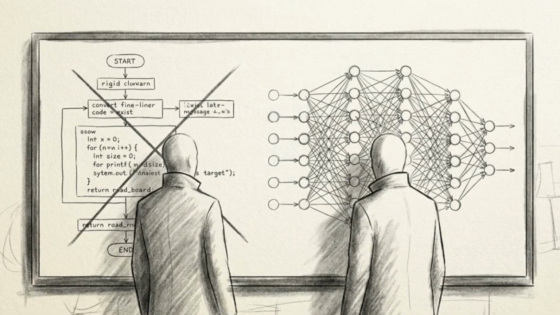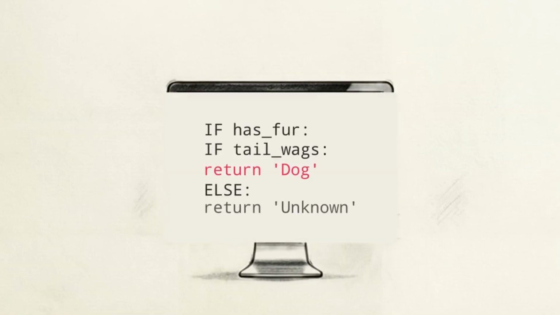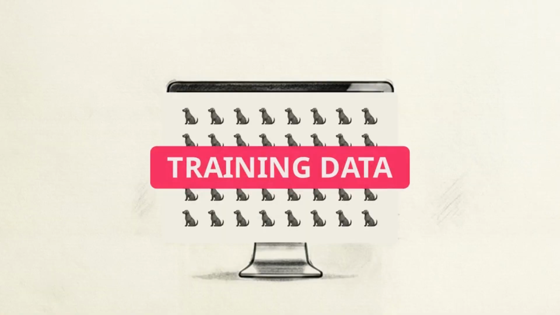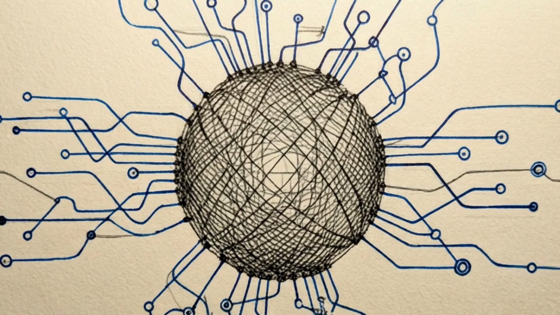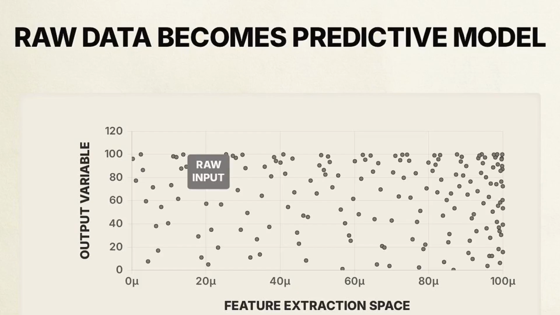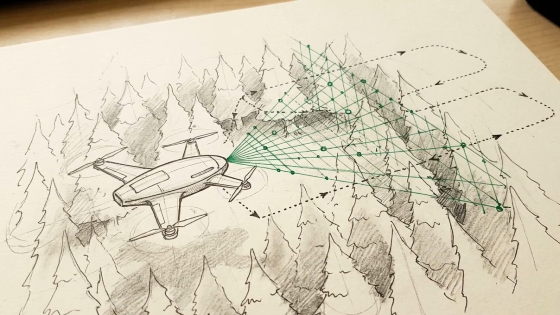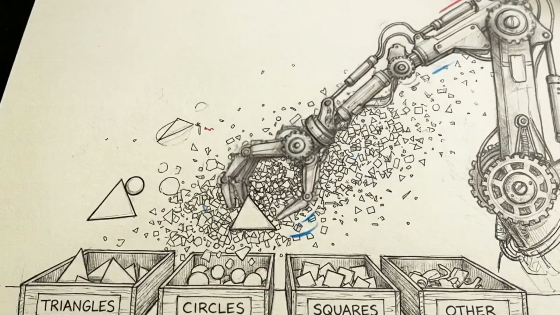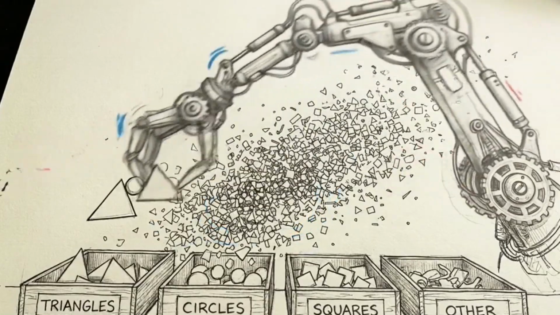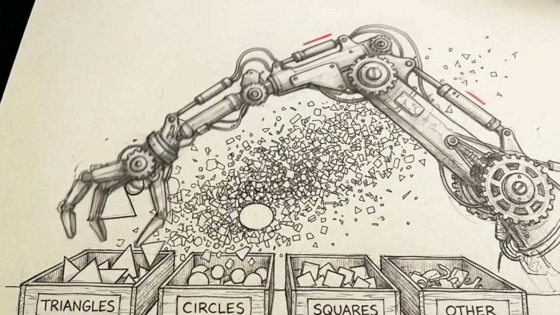To cross that technological wall, software developers made a vital engineering pivot. Instead of giving computers strict rules to follow, they started giving them examples to study. This practice is called machine learning. By feeding data into algorithms, the system can identify patterns and predict outcomes on its own without being explicitly programmed for every scenario. This shift allows the computer to function as an adaptable problem solver, refining its own logic as